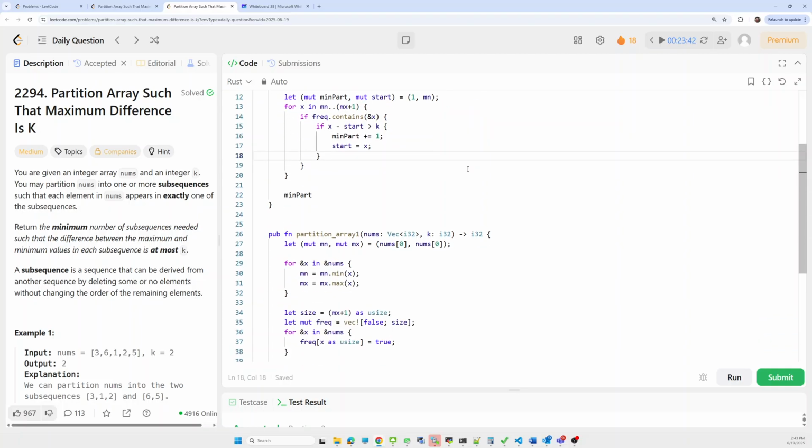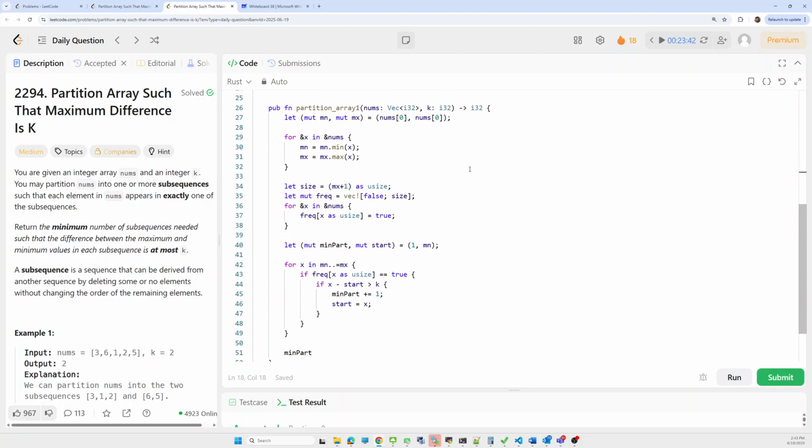So there are two implementations. First we'll show how we can do it using the fixed size array of frequency. Here, our first intuition is to get the minimum and maximum element. For that we initialize two variables, minimum and maximum.